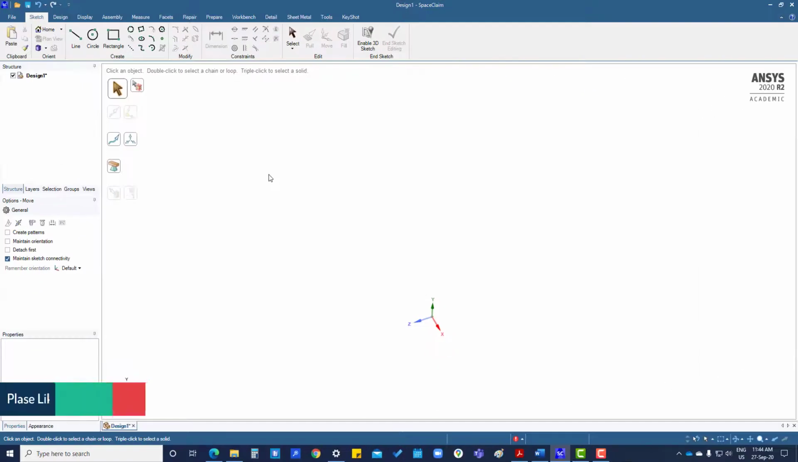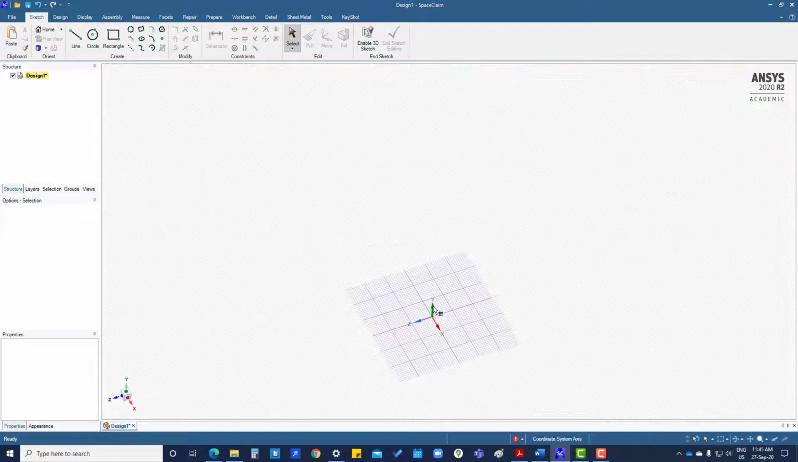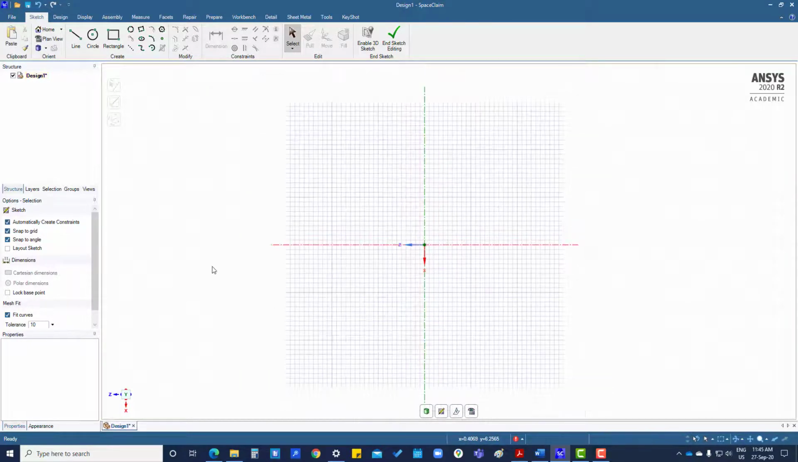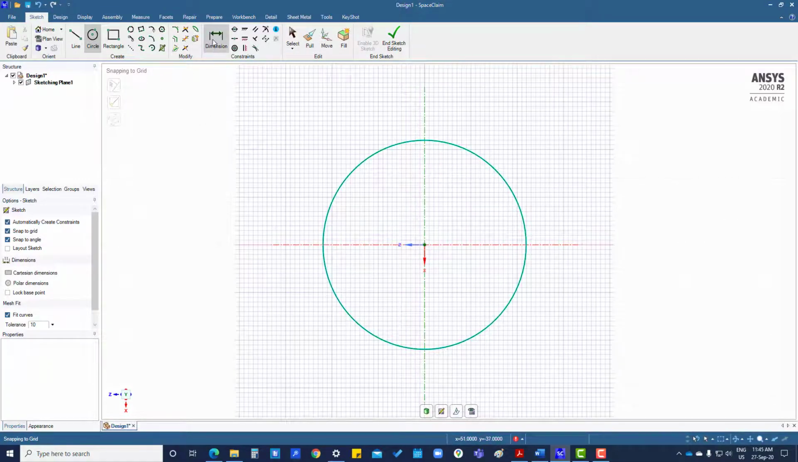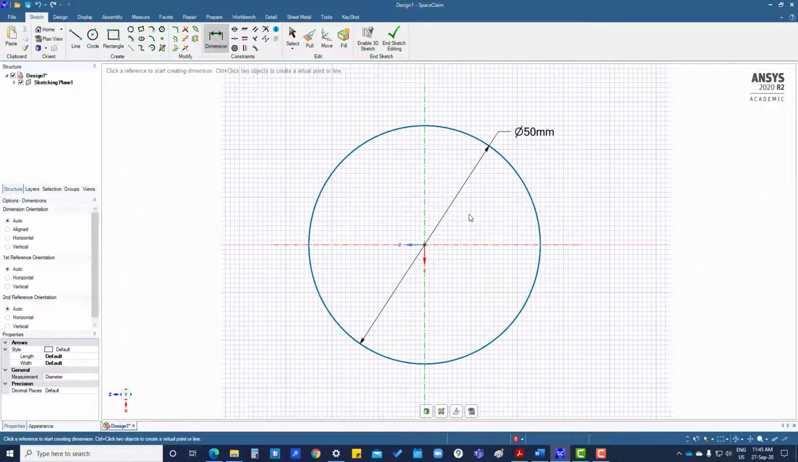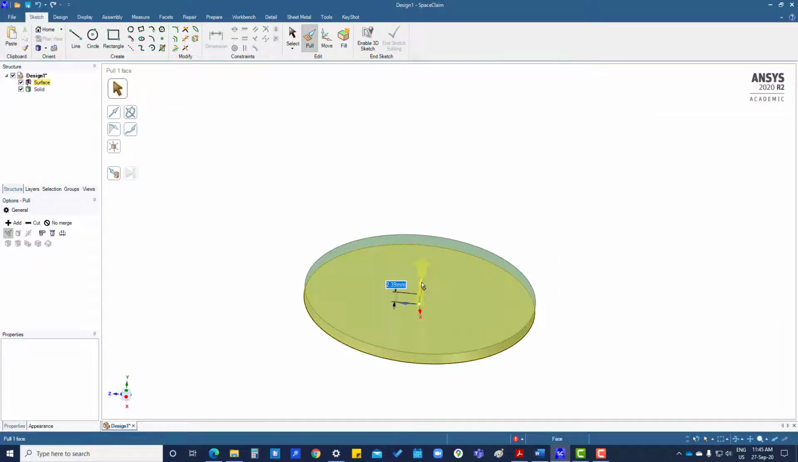Hi, in this tutorial I am going to create a pattern using the move command, a circular pattern. So let's start. Press K for a sketch, select the axis, then press V for vertical or normal view. So here I am going to create a circle and give it a dimension of 50 mm, come out of this sketch